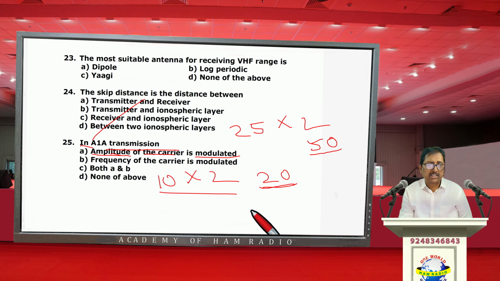For the general grade examination, total questions will be 50. So one has to write at least 20 bits correct. So it is very, very easy. And apart from this electronics, one has to practice Morse code also. If you are very, very serious about the general grade examination,